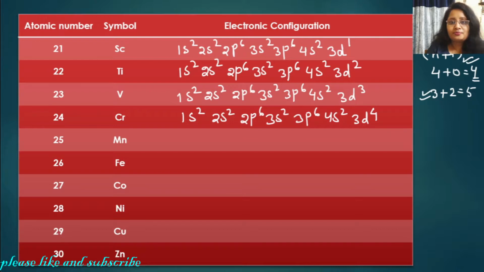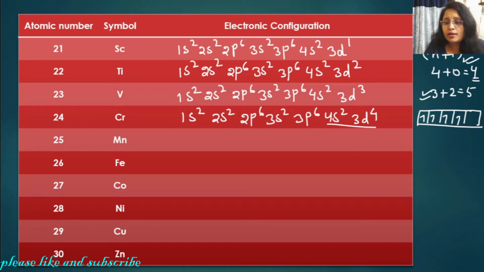But stop. There is an exception over here. In the normal case, we will write like this, but this is not the actual case. Because here 3d is having 4 electrons and it has 5 orbitals. See, like this, the electrons are going like 1, 2, 3, 4. This is Hund's rule as I told you earlier. Electrons will fill like that, but here is one more orbital which is vacant.